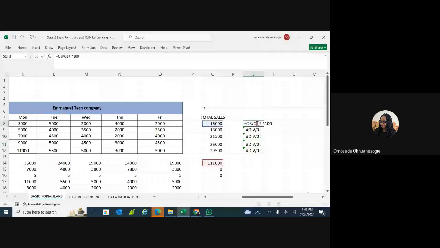So because we don't want it to go and do that, you just come here now and you lock it with your F4. So it will do the division over this total. So it will do this Q9 over this total. It will not move down. So if I come here now and do the same thing, I drag it. You can see it's giving me the